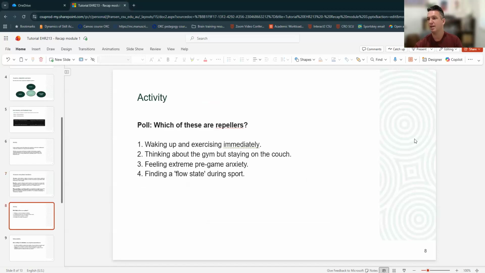So now what I'll do is I'll launch a poll, and it's not something that gets you points or whatever, but I want you to tell me which one of these is, according to you, a repeller, right? Not an attractor, but a repeller. And you'll tell me later why that's the case. So I'll quickly launch the poll, and I want to see what you say. Have a look. You can choose multiple ones, and you can tell me which one of these are repellers. Remember, repellers are states that we want to get away from as quickly as possible.